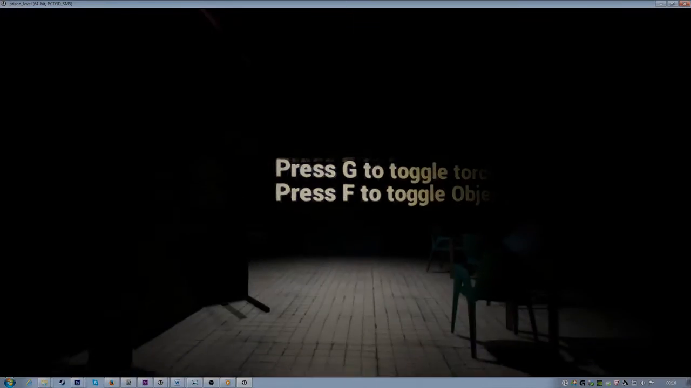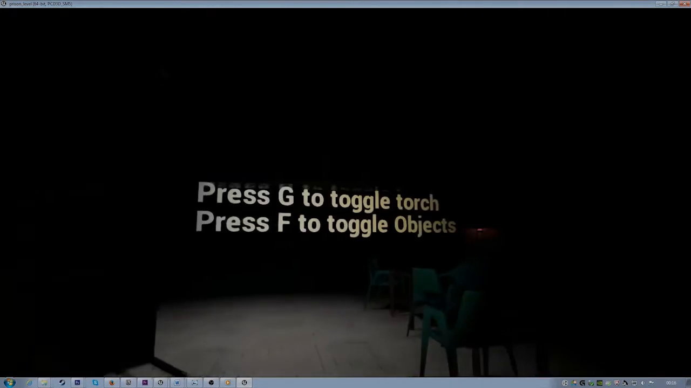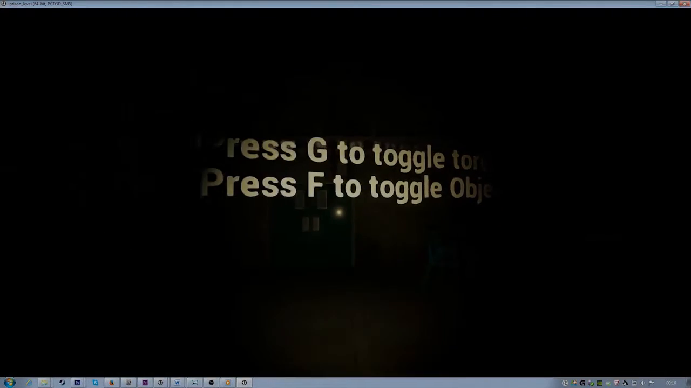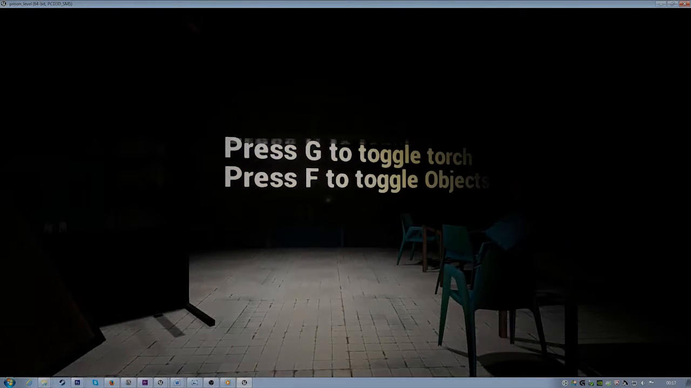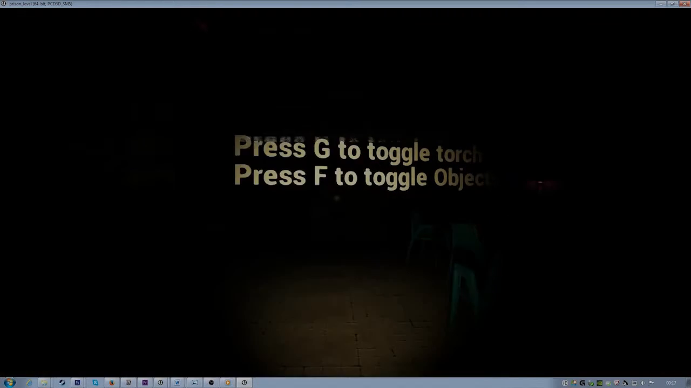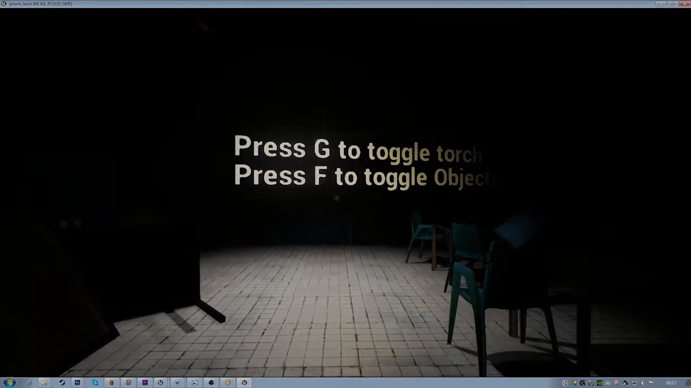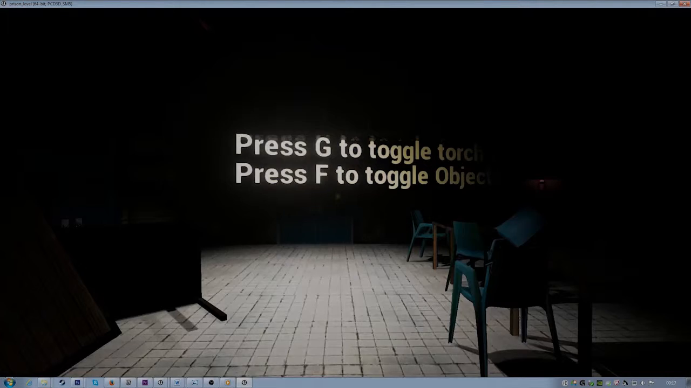This is the final version of the level, and I will be showing you through each room in this level. As you can see, I used a blueprint to create this press G to toggle torch. If you press G, the torch turns off and on. Then you press F to interact with objects like doors and keys, which you will need to pick up to